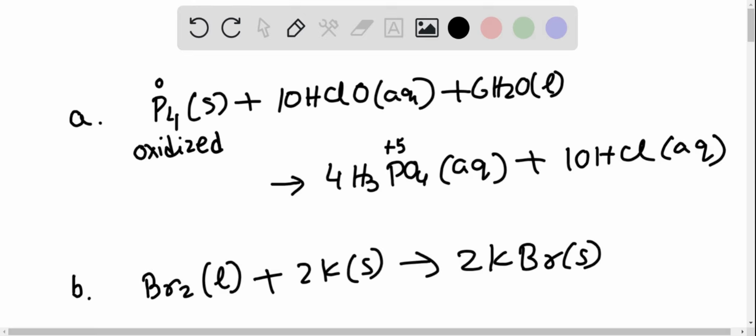And here the oxidation number of chlorine is positive 1, negative 2 for oxygen, plus 1 for hydrogen, then it will be plus 1. And here